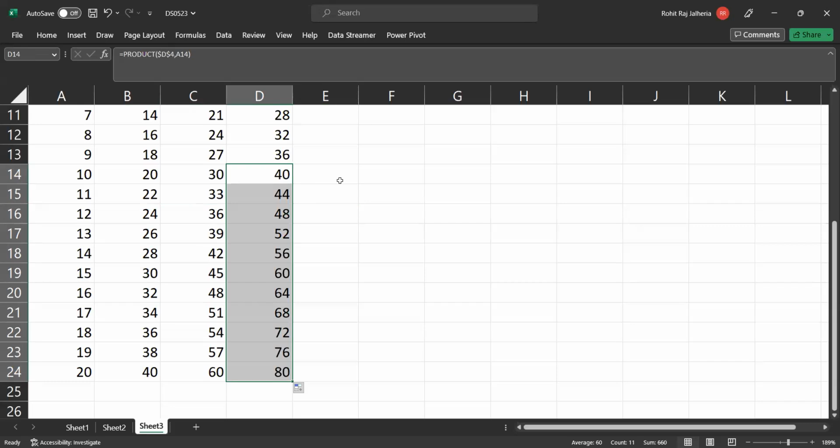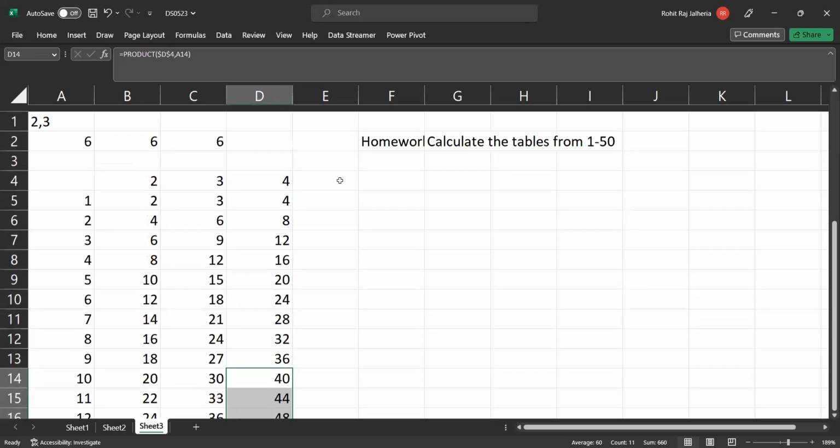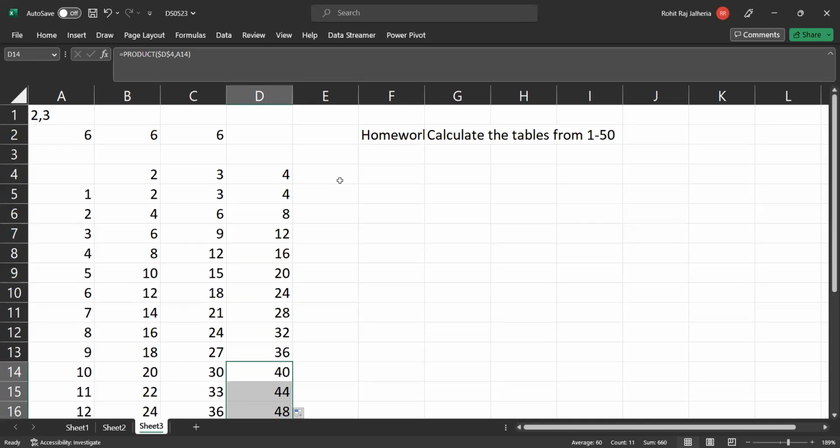One of you is saying, why are we putting these formulas again and again? When you analyze the data in Excel, you'll get this idea that even if you copy a formula, its reference cells are also copied. So let's say I copy this formula and paste it here. You can clearly see both of these reference cells are also copied, but the only difference is since we are moving 1, 2, 3,